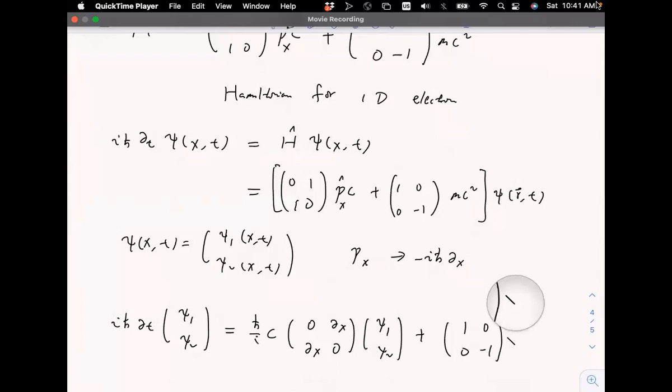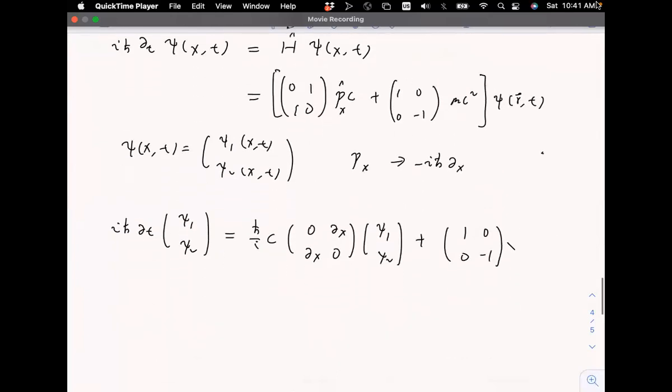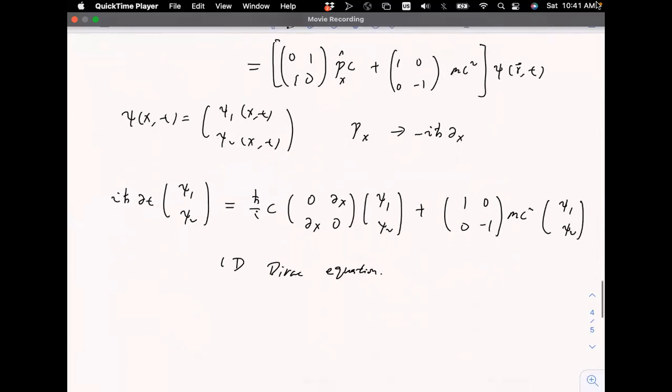Amps, you have mc square. Okay, so this is the 1D Dirac equation. This is the 1D Dirac equation. So this equation is good